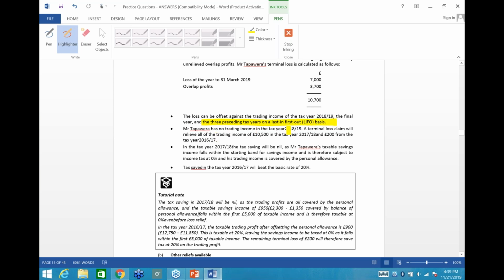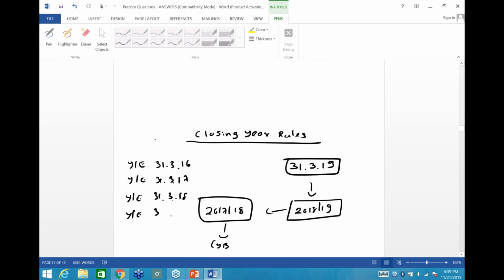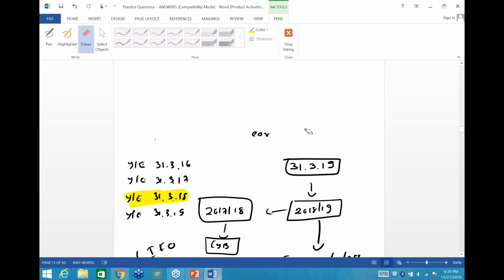He has no trading income in the last tax year, 2018-19. So the terminal loss claim will relieve all of the trading income, 10,500 in the tax year 17-18. So if I explain the computation here,